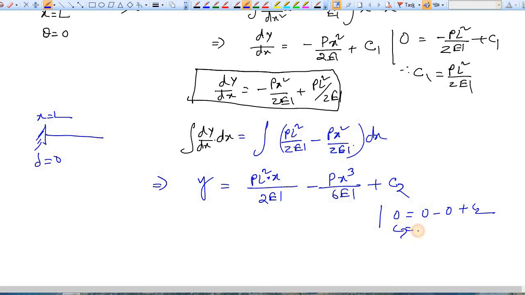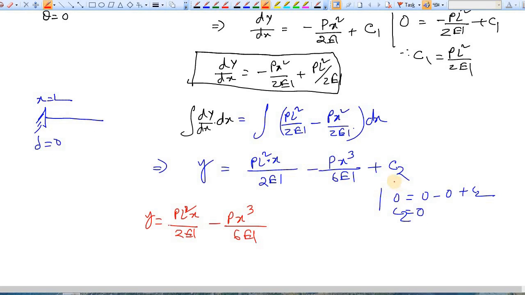So C2 is 0. So the equation for your deflection becomes y is equal to PL square x by 2EI minus Px cube by 6EI. Sorry, here we have put x is equal to 0, but it should be x is equal to L. So correct it on the left side. At the fixed end or at x is equal to L, deflection is 0, so it is 0, and here PL square